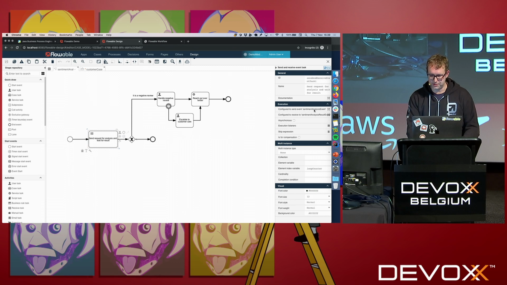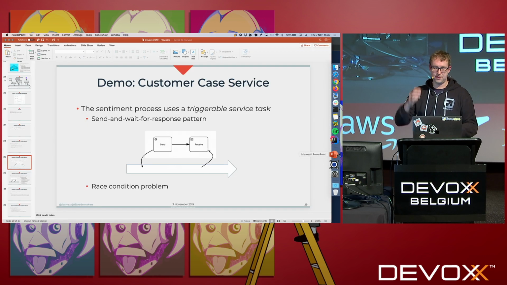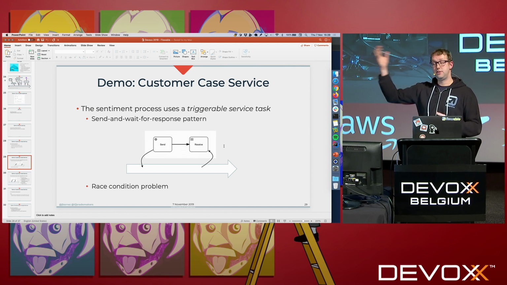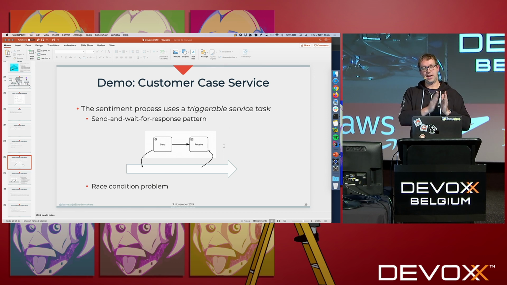It's going to send out the analysis request, but it's going to wait for the result to come back. And many people that have tried to model this in Flowable have modeled this in this way, where you send something and where you're waiting for it to come back. Now, there's a bit of a race condition here, because if this transaction, your engine's still executing, this transaction is